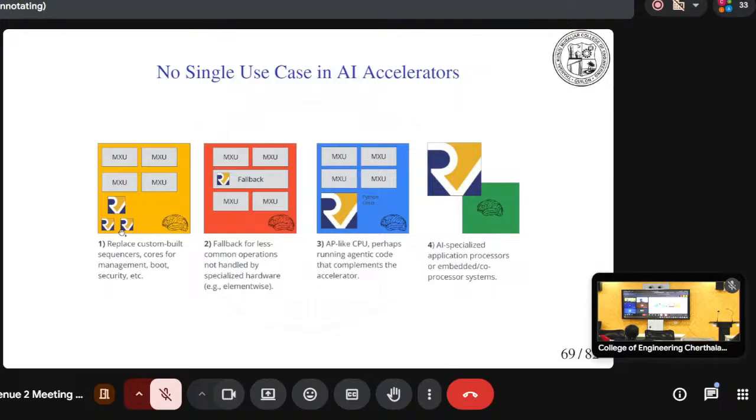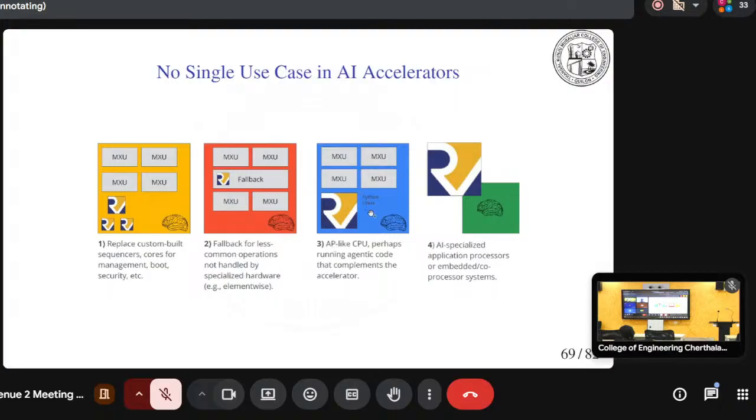Exist parallelly in a particular system. And in the second deployment, you can see that there are various CPUs and you have a RISC-V written within. And RISC-V acts as an interface between the various CPUs. So in the various CPUs, various operations can be run. And RISC-V acts as an interface.